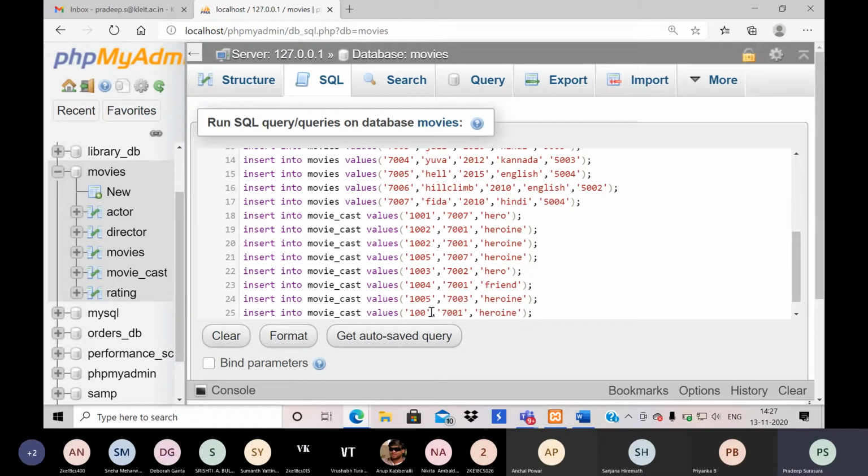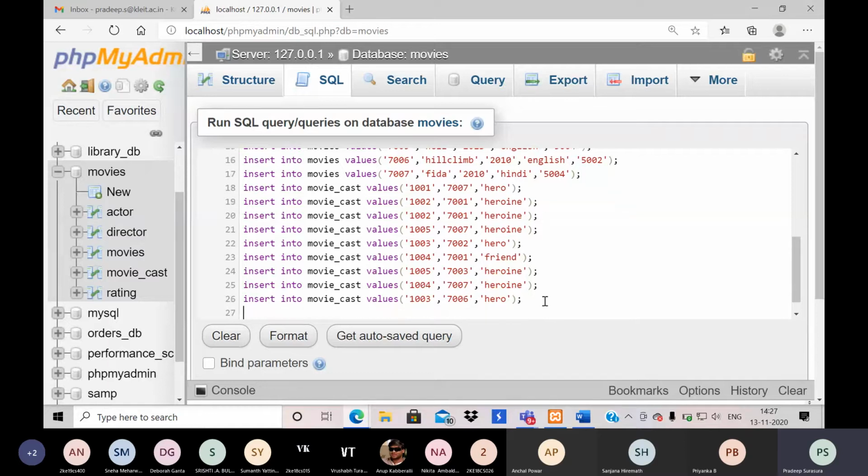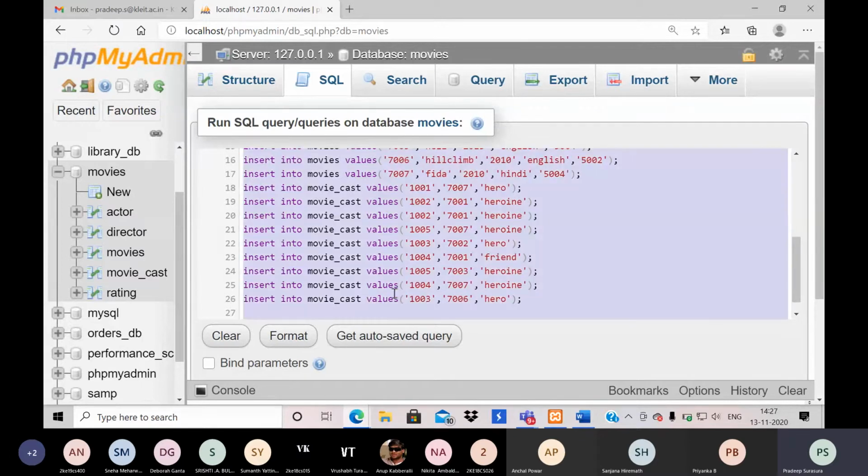So I will try to add multiple people as well. So 7 movies are still there. Okay, so these many I will put. So in movie cast I have so many.